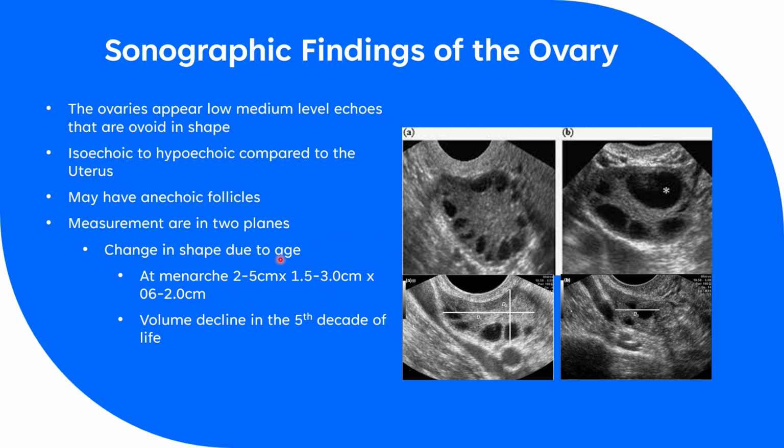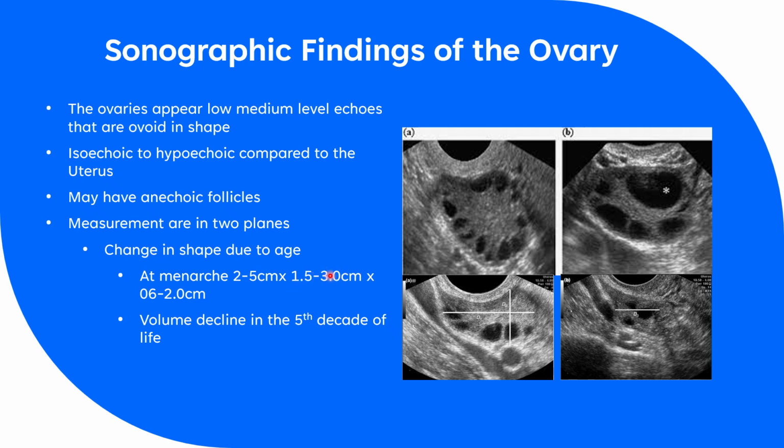When you are asked a question about the ovary size, they are not going to ask you something like 3 by 3.1 by 3. They're going to be like 1.5. They're going to be very far off from these numbers. It's either going to be greater than 2 on this, or it's going to be less than 6 on this. So just kind of knowing 0.5 to 2, half to 2 centimeters for the width, 1 to 3 for